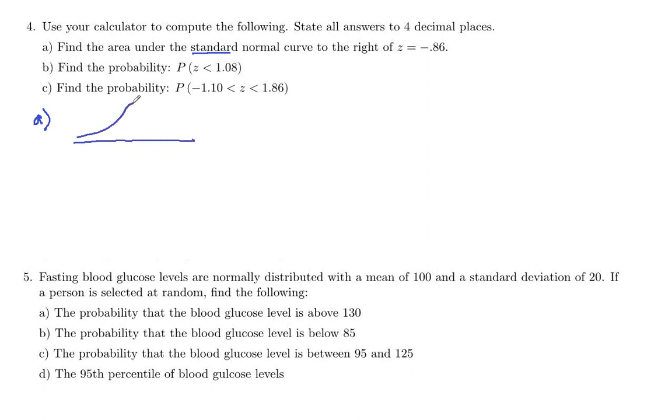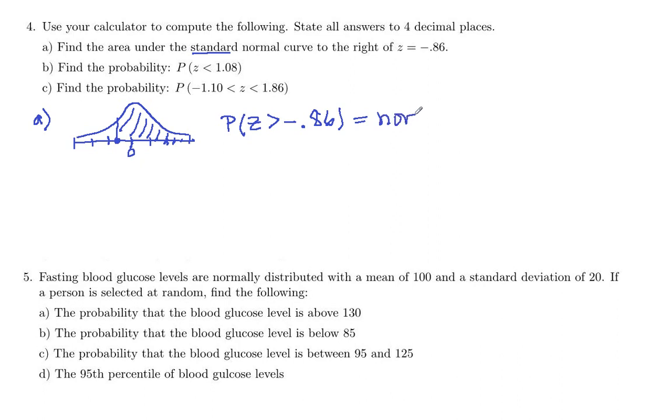So for a standard normal distribution, we've got 0 in the middle. We've got 1, 2, 3 to the right, and 1, 2, 3 to the left. So negative 0.86 would be about right here, and we want the area to the right of that. So we want this area here. We're going to use normal CDF to do this. So that area, which is actually the probability that your z-score is greater than negative 0.86, is going to be